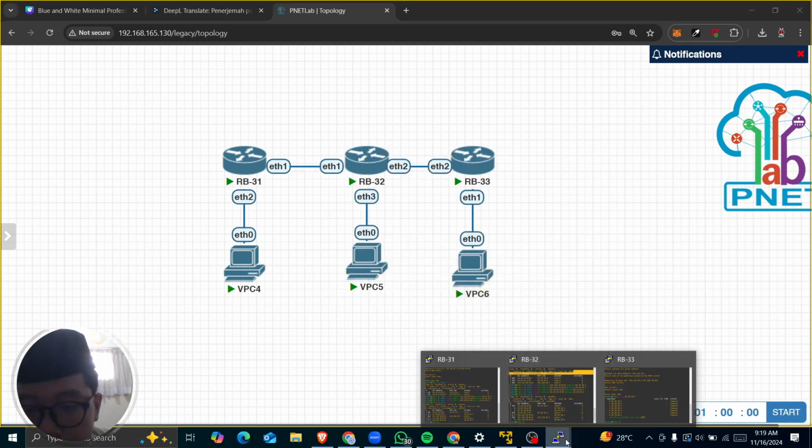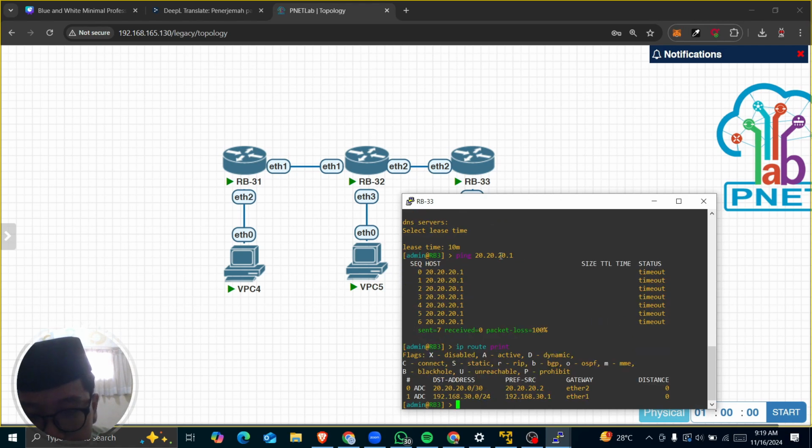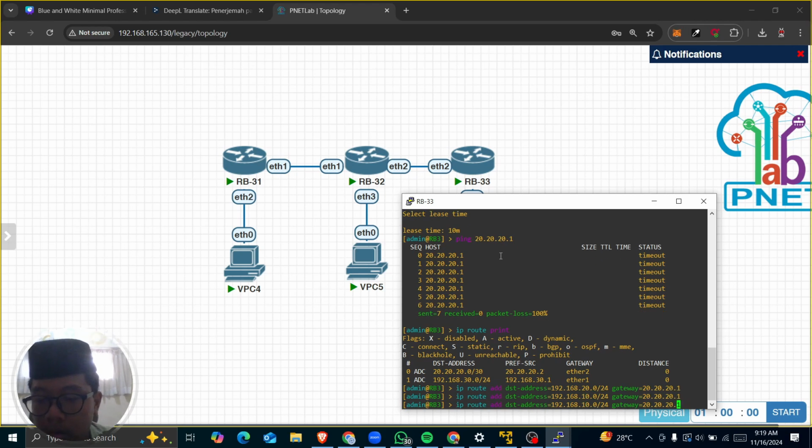Then next we're gonna configure the RB3, IP route add dst-address /24. The gateway is 20.20.20.1. Next, we're gonna go to the 10 network, for the 10th network.